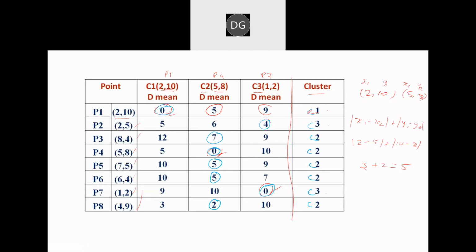So here if you see, C1 occurred only one time, C2 occurred 5 times, right? Then C3 occurred 2 times, right? So next step,